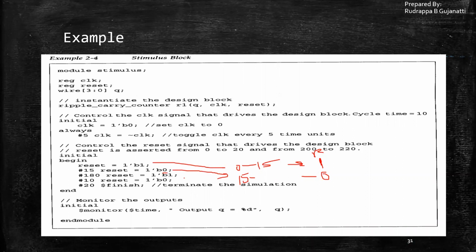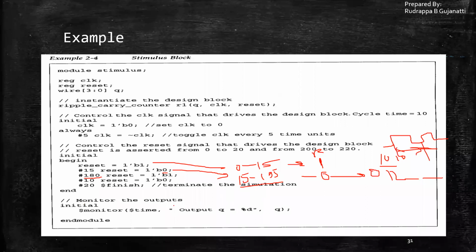That is what this condition implies. So this will be the first case, 0 to 15, it will be continuing. From the 15th unit onwards, reset will be 0 up to what? Up to the next 180 units. So that is 15 plus 180, so it will be like 195. So from this point to this point, reset will be 0. During this, the count will be happening 0, 1, 2, and so on, depending on how it goes around. That is every 10 units, there will be a change in the count. So from 0 to 1, 10 units should be passed. That is one clock cycle.